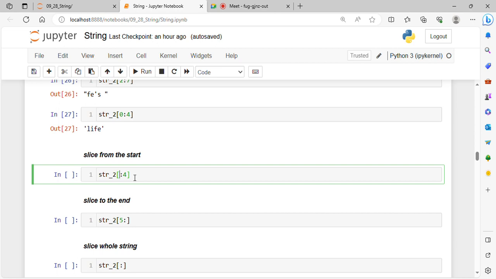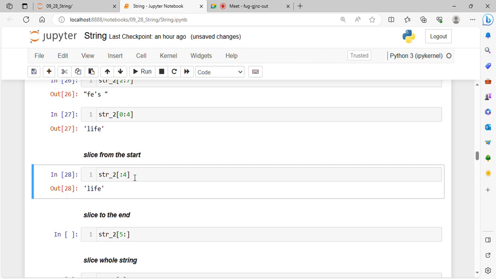As I said, the start index is by default 0. If you don't mention, it will still be 0. So you'll get the same output. 0 colon 4 is the same as only colon 4. Without specifying 0, it will by default take it as 0. Understood? Yes, sir. Similarly, if you don't specify end index, by default it will be